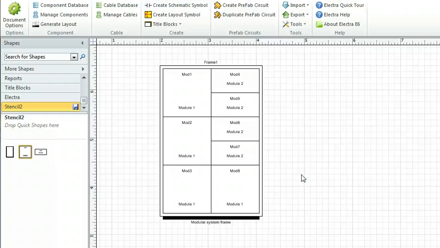Just to summarize, first you need to make the symbols for your modular panel. After you make the symbols for your modular panel, you need to import them with the proper components. Once you have imported them with the proper components, you need to save them into a stencil. Now after you have saved them into a stencil, you can then drag and drop your modular panels into your drawing, just like that, without a single circuit being drawn, and be able to generate a bill of materials from it. I sincerely hope that it has helped you